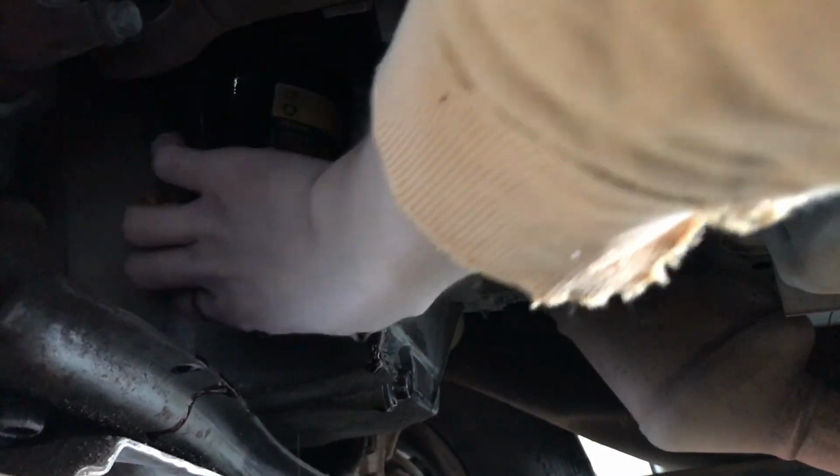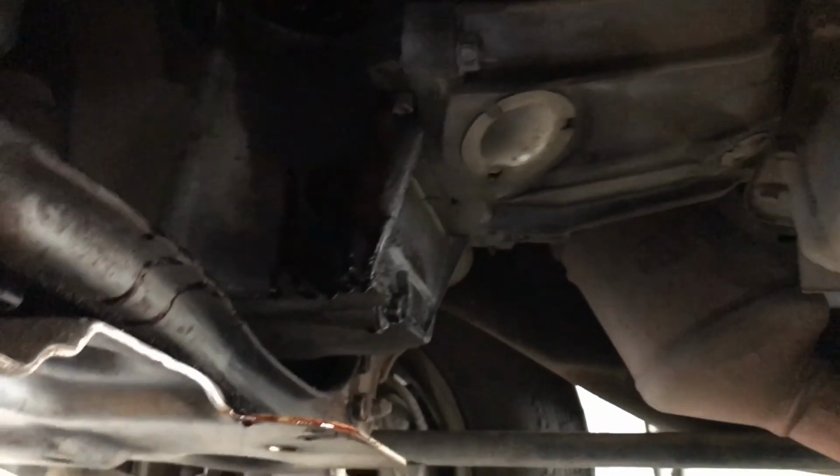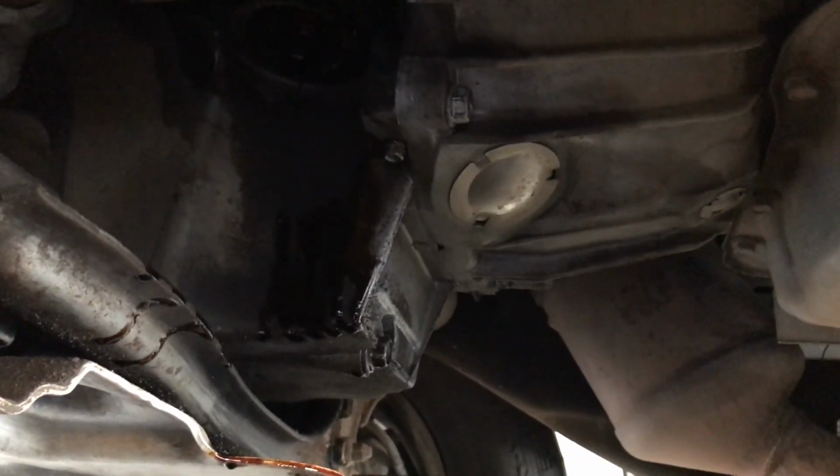This thing will spin for just a little bit too. Be ready to catch it so you don't spill any oil on you. There we go, just like that. So I've got it down here now. Let that drain for just a little bit, and then we're going to hop out and grab our new oil